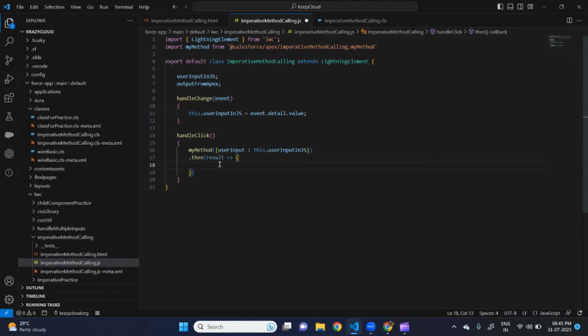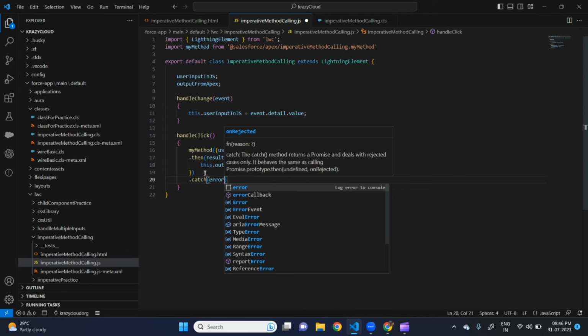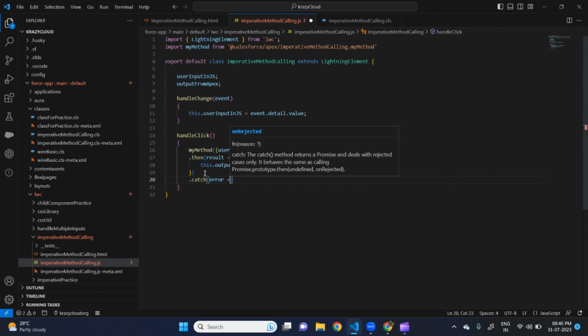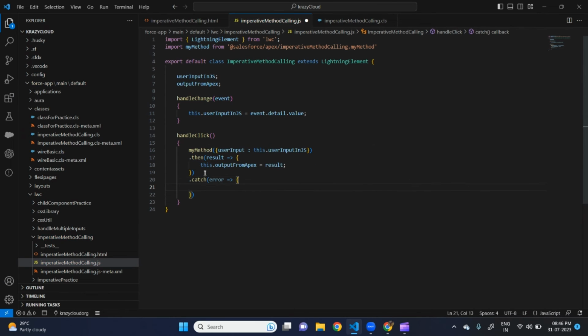Whatever your Apex method is returning, if it consists of data, that data will come into result. So now output from Apex equals result, correct? And then you have to add .catch with error. I'll definitely explain each and everything here. Let me type first, log